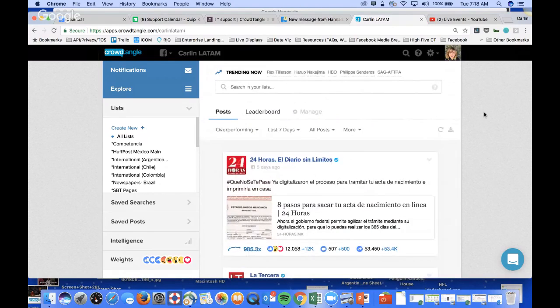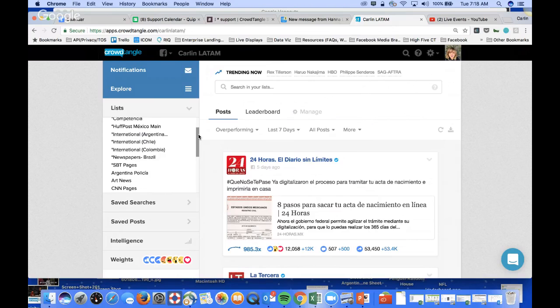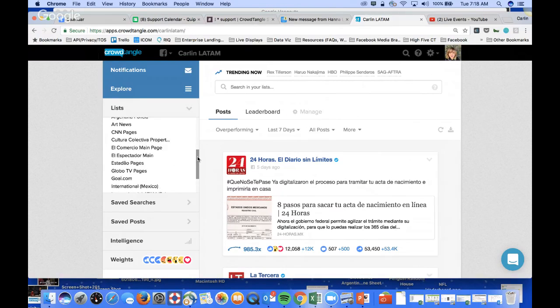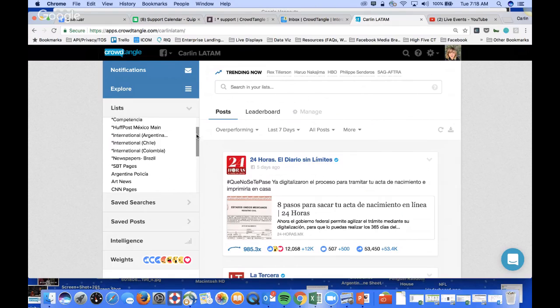And then the dashboard is built out of 3 parts mainly. The first part are the lists that you see here on the left-hand side of the navigation. And lists are things you know you want to track. So you're seeing everything from a page by itself, because that's a page I care about. Maybe I'm seeing competitive. Also, you're able to build out lists for politicians, influencers, celebrities, anybody that you care about,